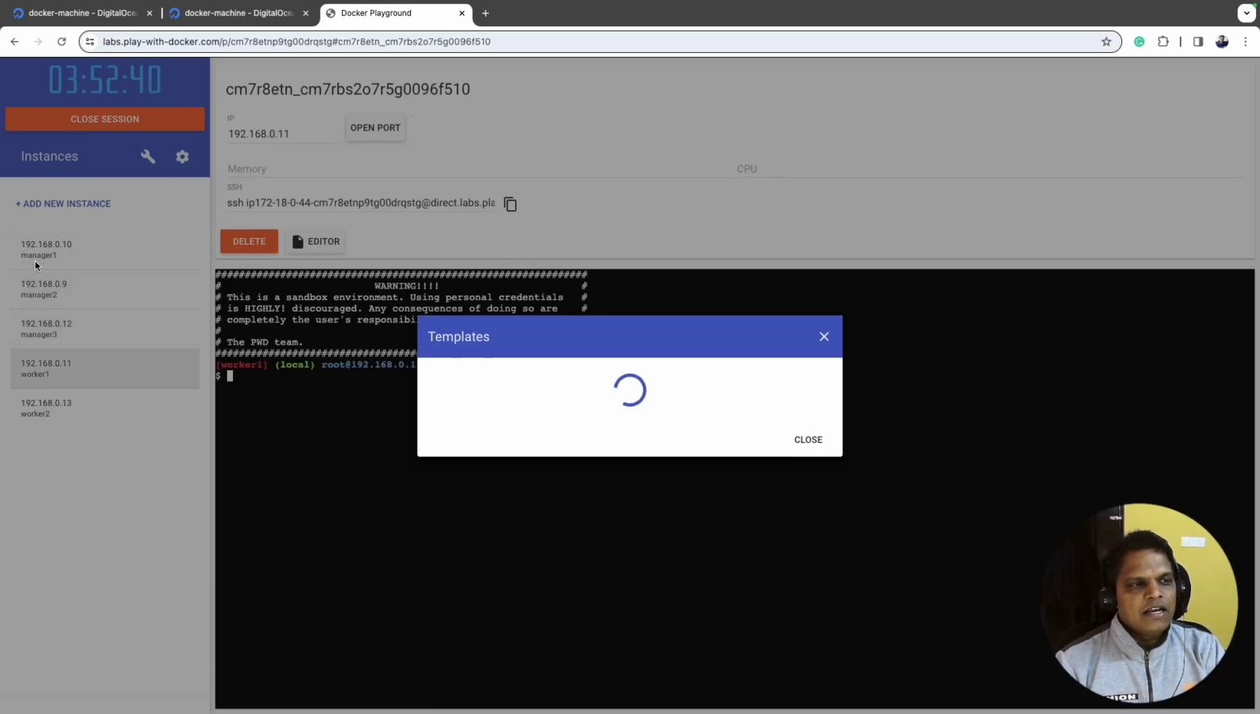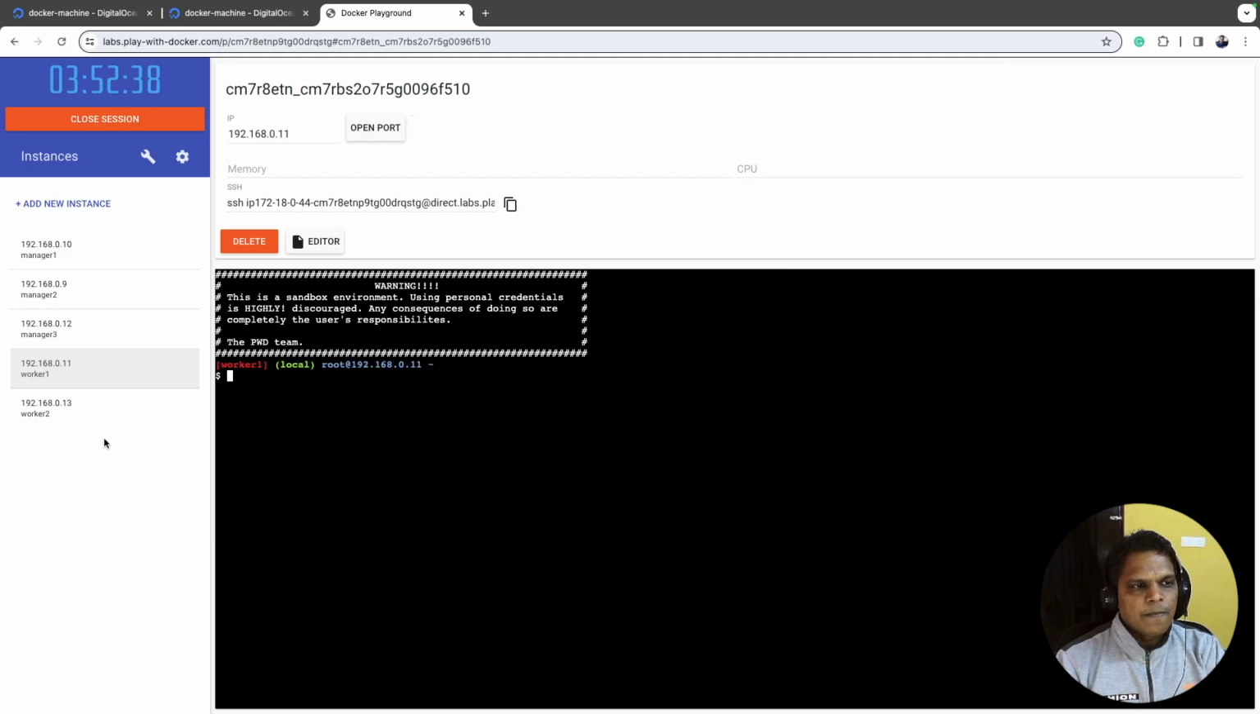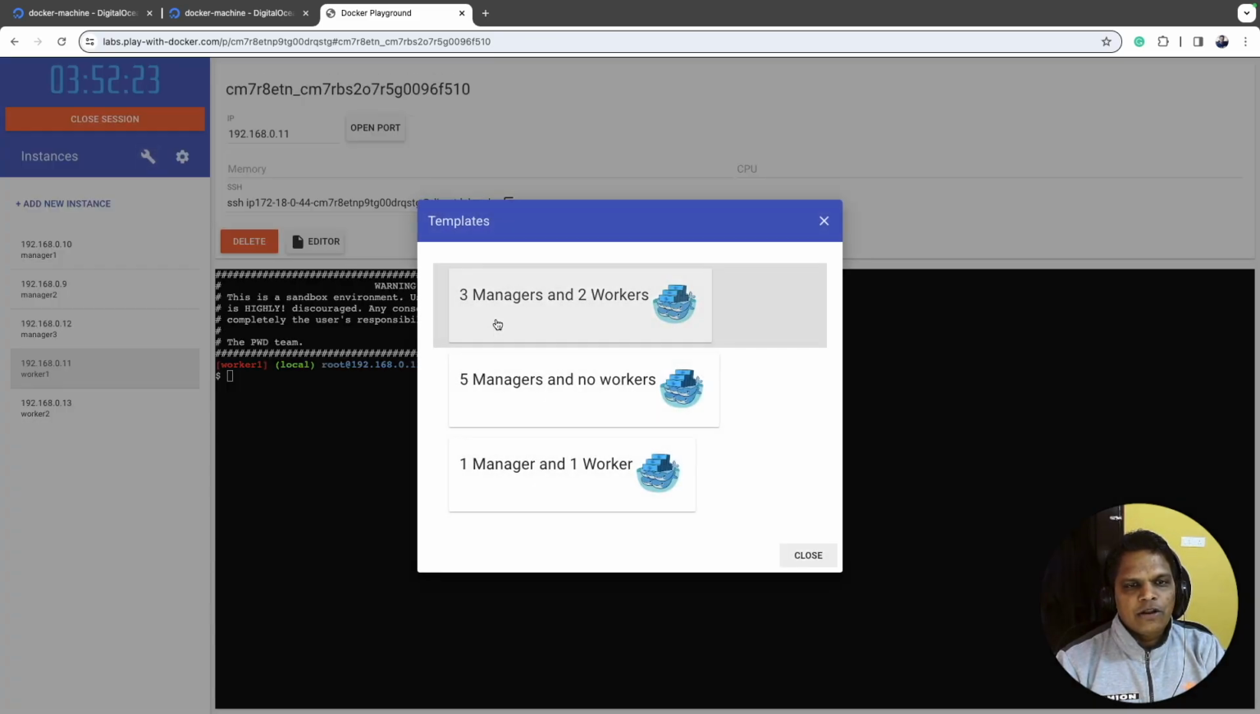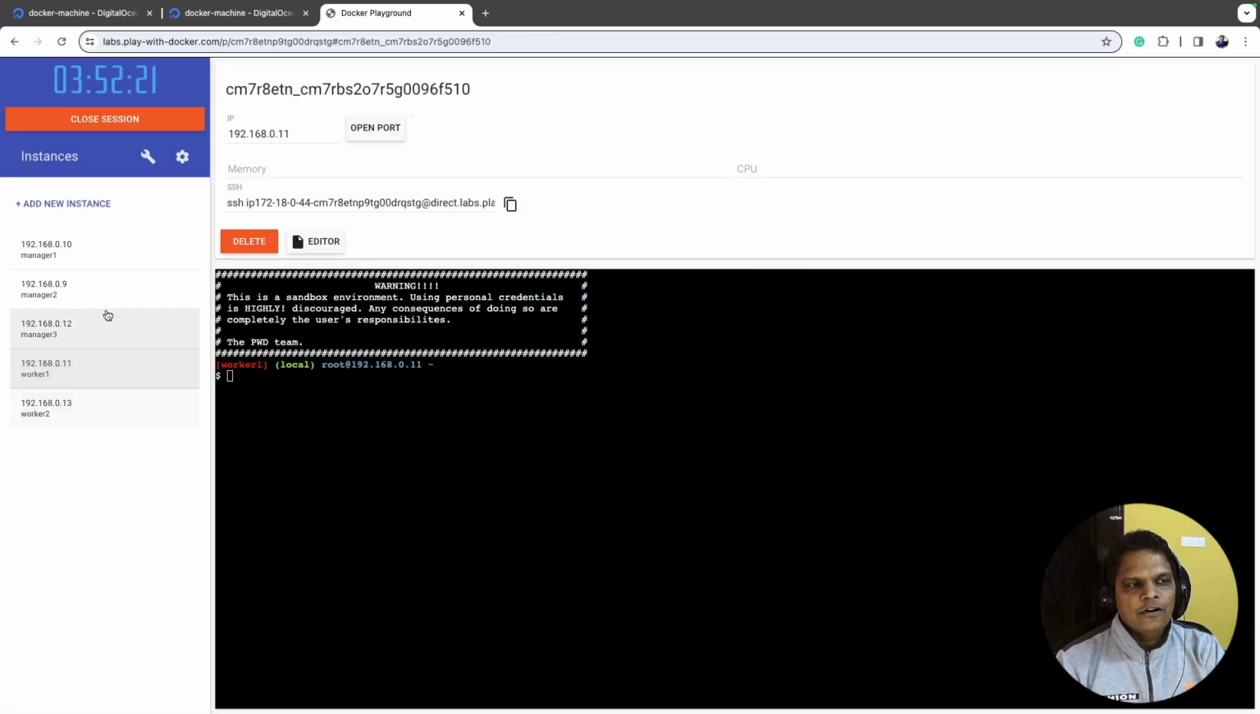And you can see we are getting the 5 nodes over here. What are those 5 nodes? Manager node 1, manager node 2, manager node 3, worker node 1 and worker node 2. What are those nodes? So basically these are the nodes of your Docker Swarm cluster. As soon as you click this particular template, it has created a Docker Swarm cluster over here. And that Docker Swarm cluster has 5 nodes as a part of it, 3 manager nodes and 2